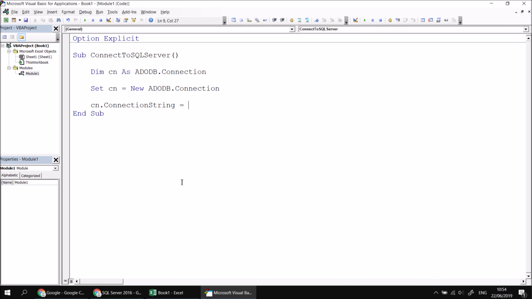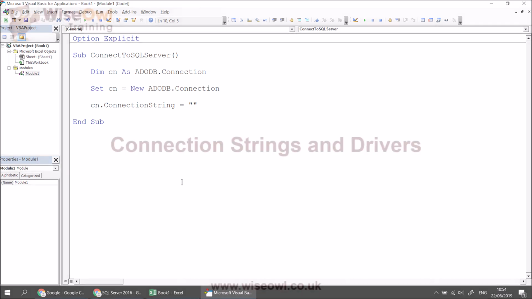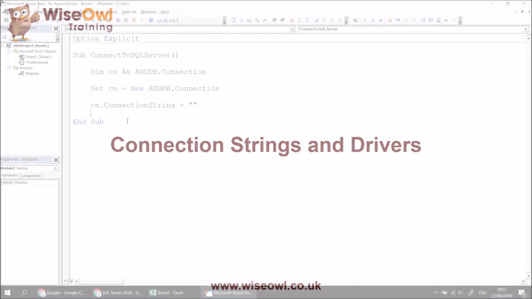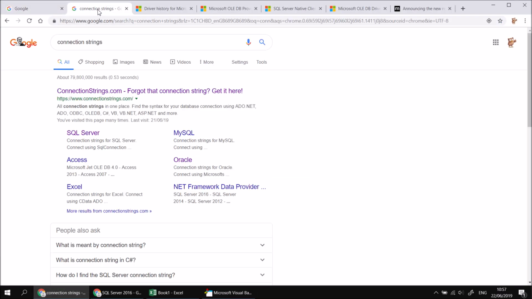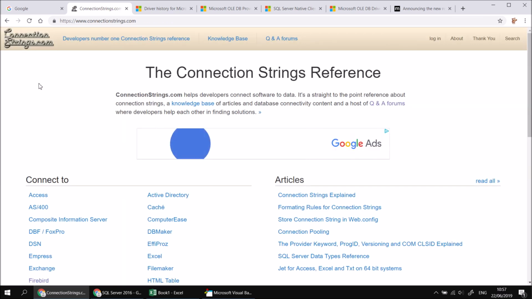For now, what we'll do is just enter a pair of double quotes and then look at where we can go to find more information about connection strings. A fairly obvious place to start with this is with a quick Google search for connection strings, and that will inevitably lead you to good old connectionstrings.com. So if I just follow this link to head to that website,